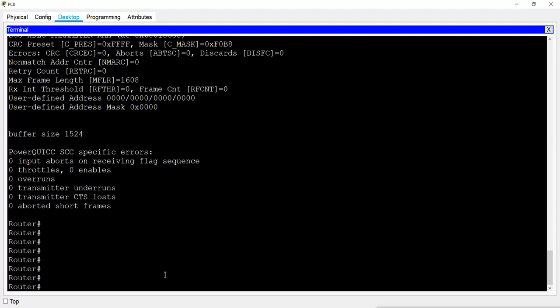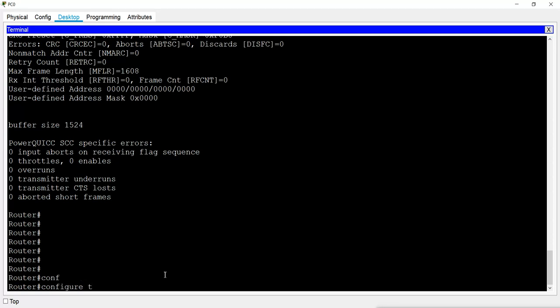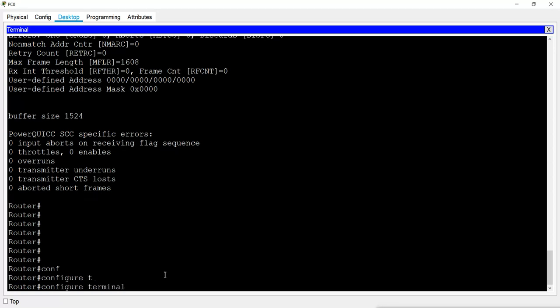So I will go to global configuration mode. We know how to go to global configuration mode: we give the command configure terminal. We can use the whole command, or we can use the shortcut, like conf space t.